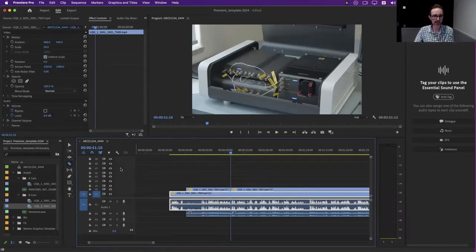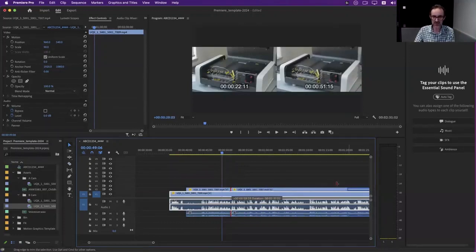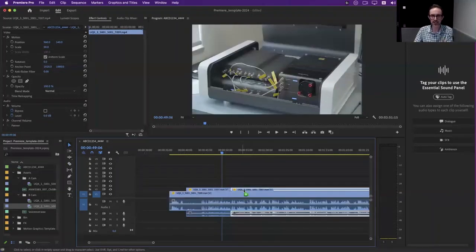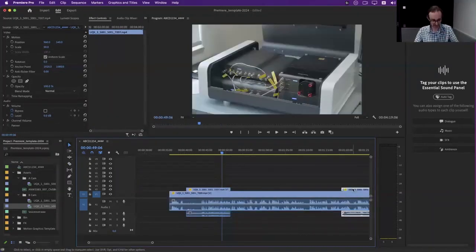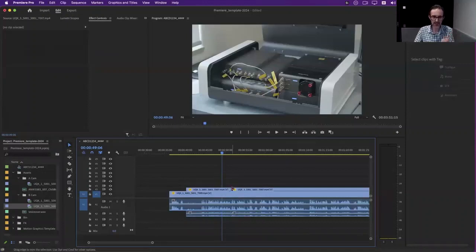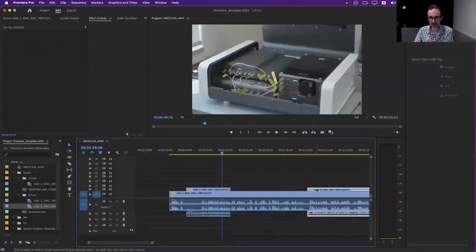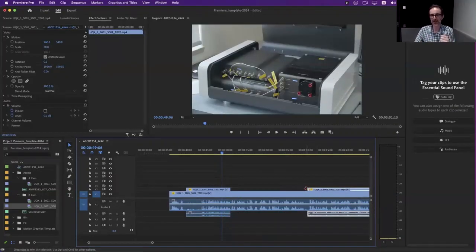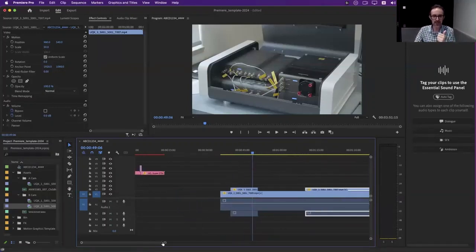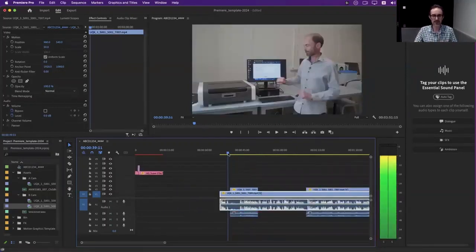So what I can do with that cut is I can go back to my selection tool, which is on my tool panel here, and then I can go over to here and just drag that along out of the way. So I'm not moving it. So there's a bit of a difference. Some people get a bit confused by clicking and dragging like that. That's different to clicking on the edge of the clip where you have the little red indicator and you drag it that way. That's hiding that footage. Whereas if you just click directly on it and drag, you're moving the whole footage, which will make it go out of sync. So now what'll happen is this will play along,